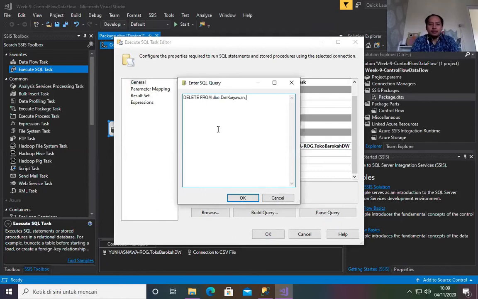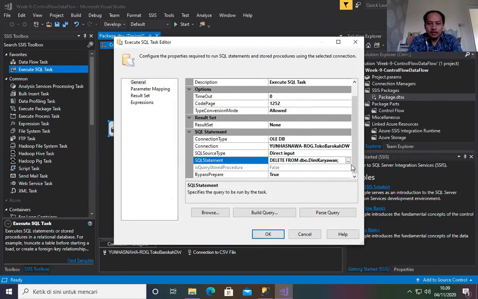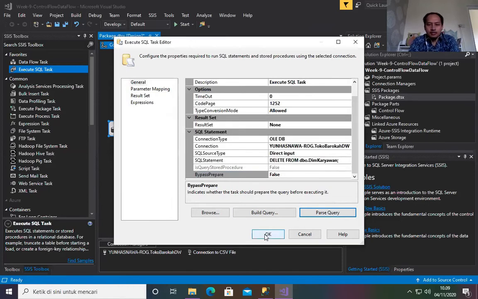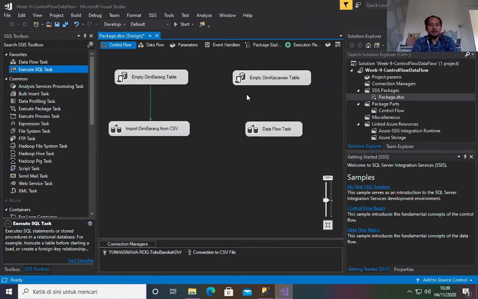Click OK, then set bypass prepare to false, and check it using parse query. The query is parsed correctly. Then click OK, and OK again. This one is finished. The next step is to connect this one to our data flow task, and then we rename our data flow task.